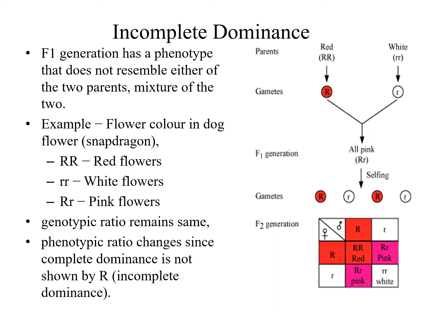Here you can see the flower, red, capital R, that is a dominant character. The recessive character is white, so small r we put. Then from them the gametes are capital R, small r. You can see in this cross. Then the individual is capital R, small r, like a monohybrid cross only. But here we are not saying it is red, we are saying it is pink.